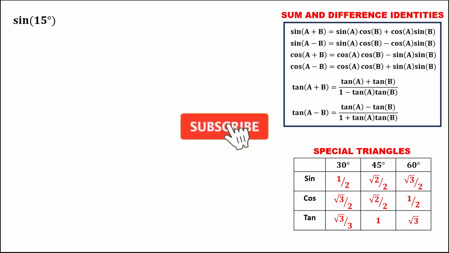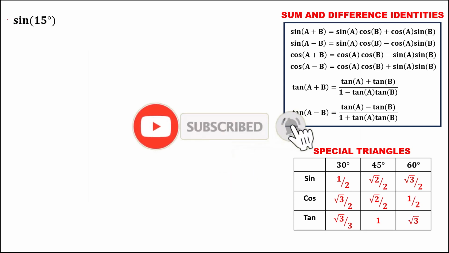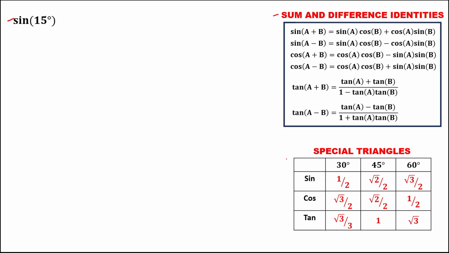So let's have this problem. So to evaluate this angle using the sum and difference identities and the special triangles. So first, for the sine 15 degrees, we need to rewrite this 15 degrees in terms of 30 degrees, 45